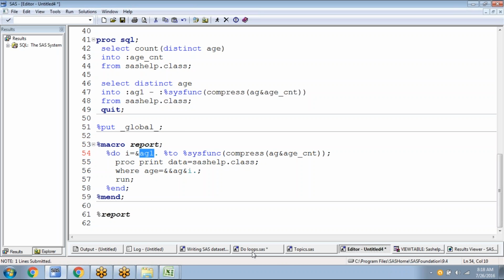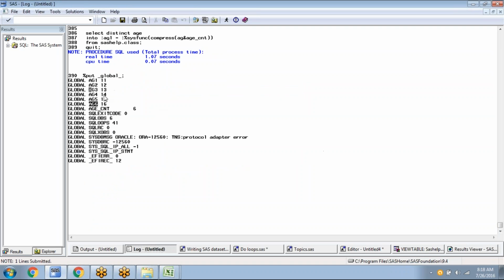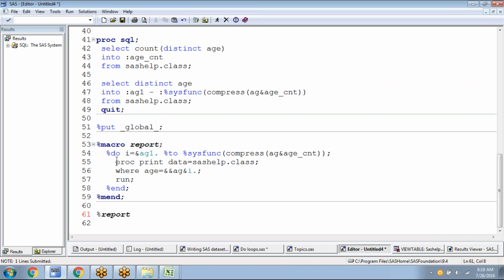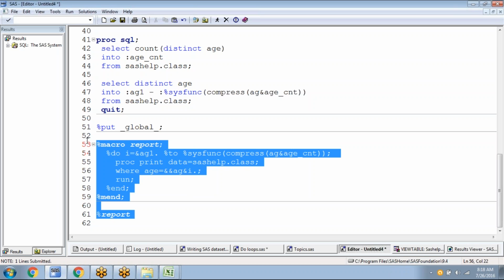Later on I'm running the loop from &AG1. In AG1, what is the value that we have? We just saw in AG1 you have 11. So it will start running the loop from 11 till which value? 16. You have that in AG6. Now it will run; in the proc print I have used a where statement. So now if I execute this,